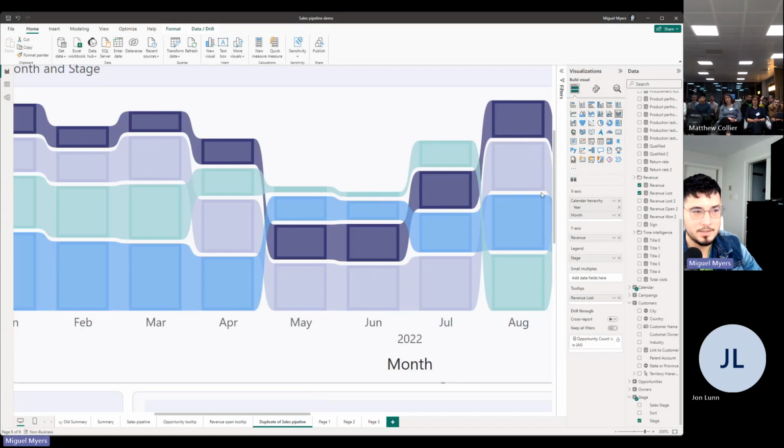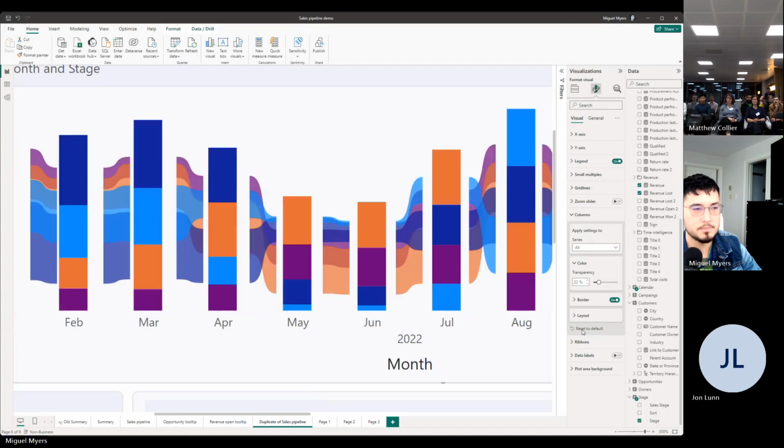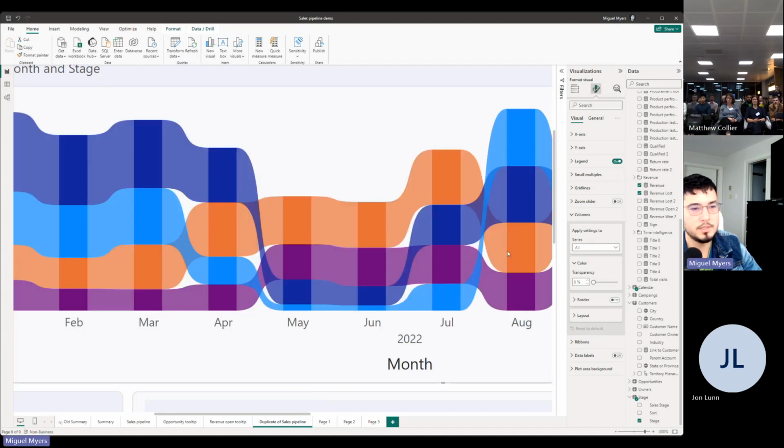Ribbons are okay to not display the whole height accurately, because what you want in here, let me just go back to the columns. I'm going to reset this. What you want is to see the ranking, which is not only distribution and comparison analysis, what ribbon charts give you, but as well ranking, which is another great analysis type that this visual allows you to see. And when you explode them